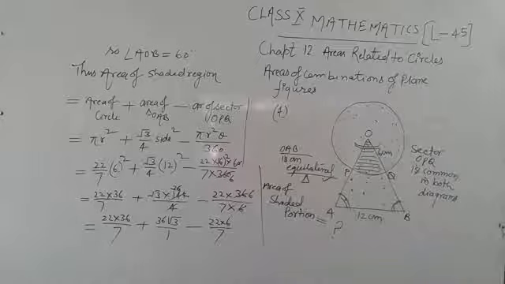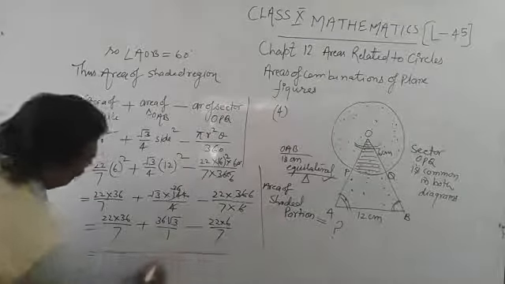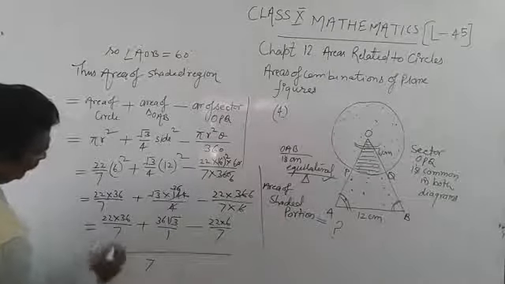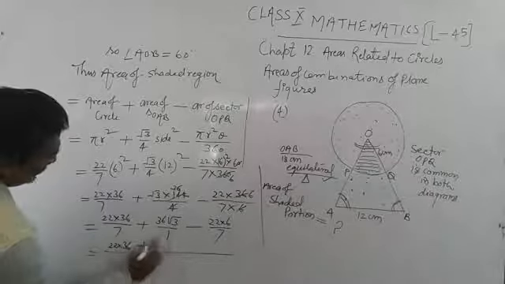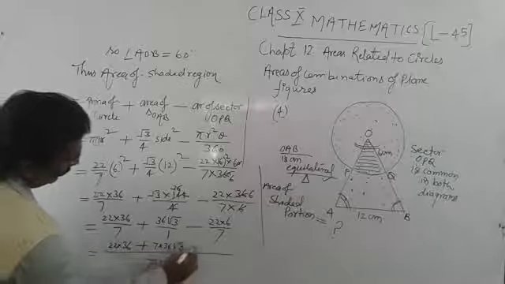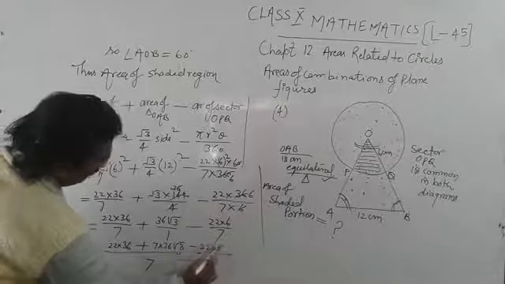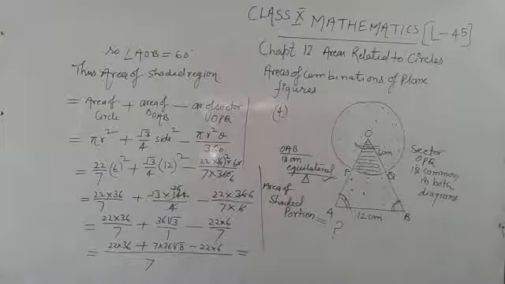And here we will take LCM. 7 is LCM. Now 22 into 36 plus 7 into 36 root 3 minus 22 into 6. Now students, if you solve it,